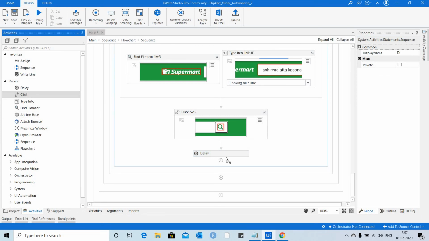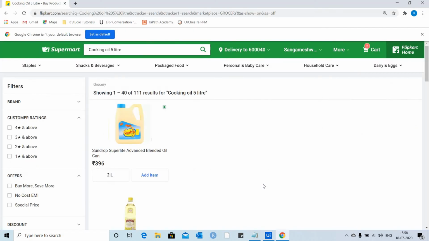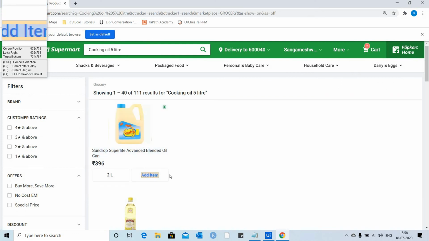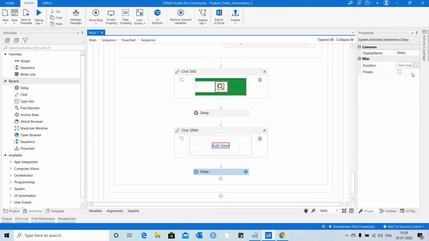Next I need to click on the add button. So for that, I'm going to use this click activity here, and then finally I'm going to add a delay of 1 second again. So in the duration I will use 00:00:01.